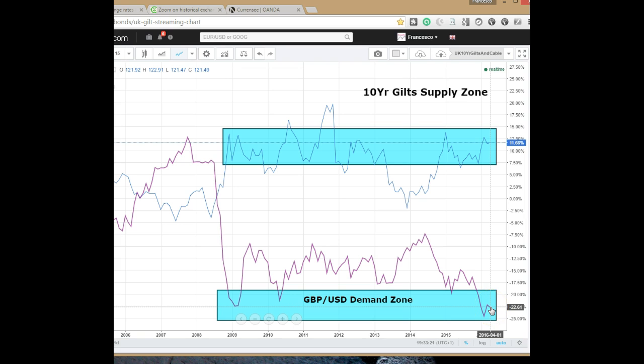So as confirmation, if you started seeing the pound rising, with or without finding explanations for it, if you just wanted to trade it as an upswing or as a correction of this downtrend or as the start of a new uptrend, and you saw that the gilts were dropping inversely to the pound dollar, then that would be further confirmation because of this correlation that is a mirror version of each other. So